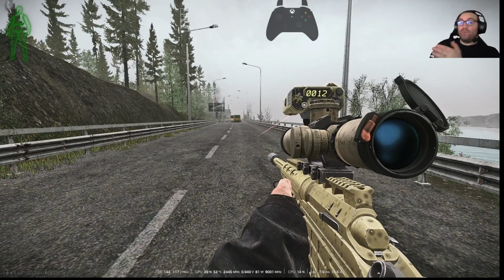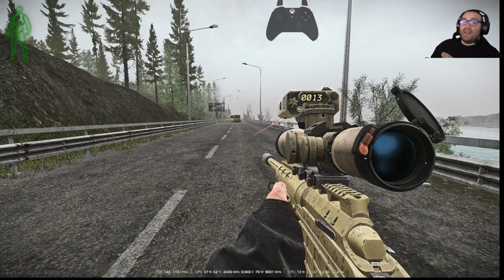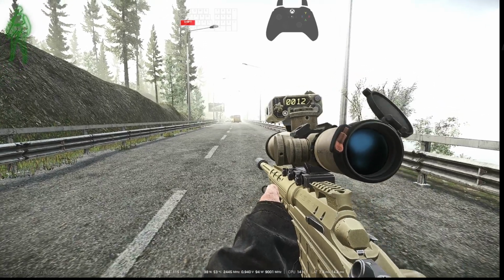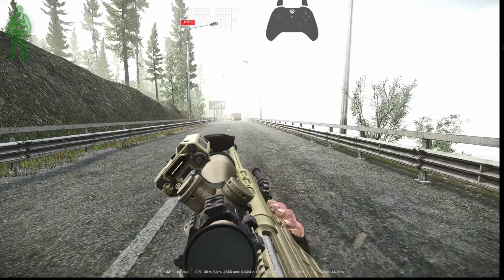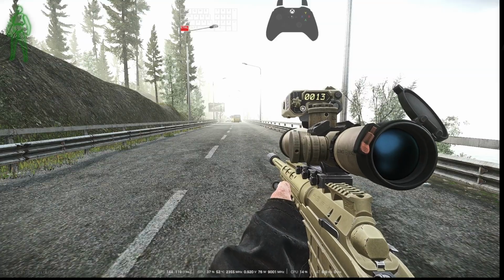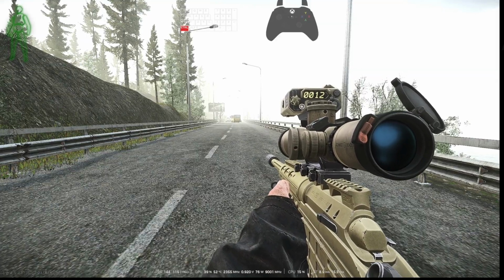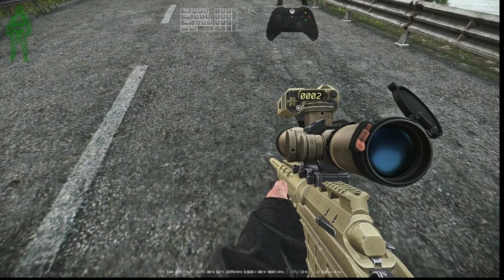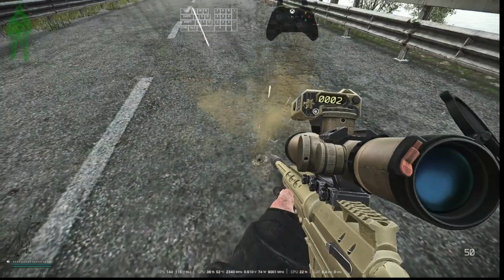Other people may have a way around that for the way they bind them, but this is just the way I bind them. Again, lean, chamber check. You just double tap that and it'll clear it. That's going to be the mode change on your tactical device. Tactical, all that. We got a bunch of little binds here,